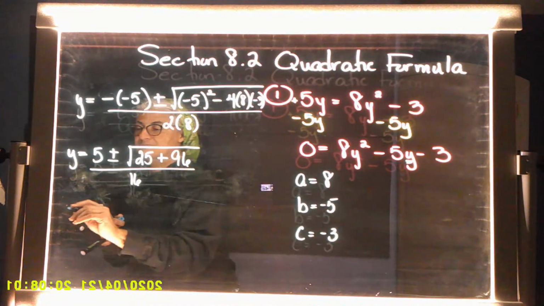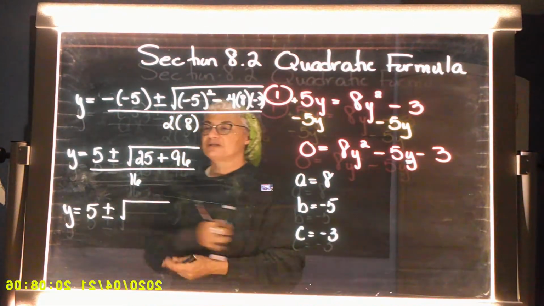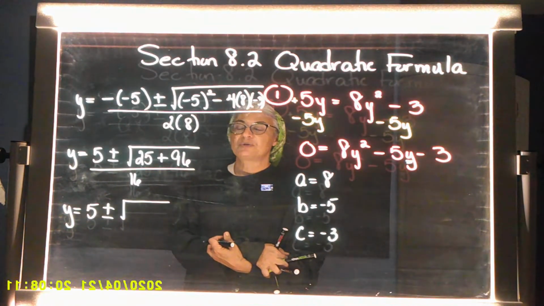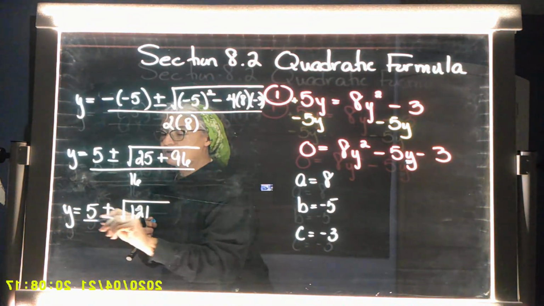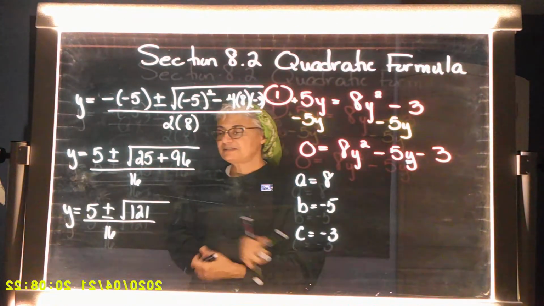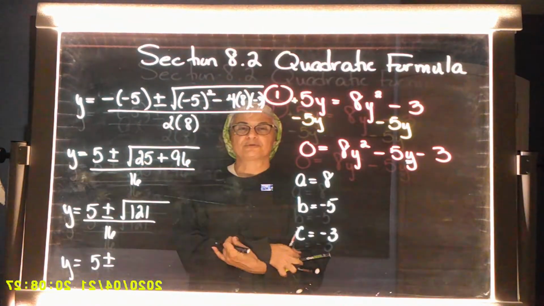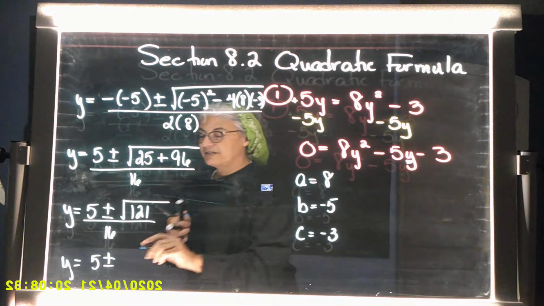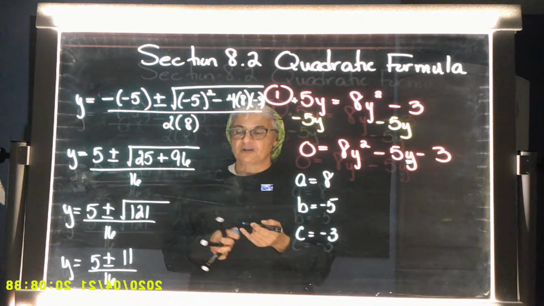Now, y equals 5 plus or minus the square root. 25 plus 96 needs to go next, right? What do you get? Good. 121. All over 16. Excellent. And then y equals 5 plus or minus the square root of 121. What's the square root of 121? I'll wait. Good, 11. And the whole thing is still over 16. Are you with me? Okay, now,